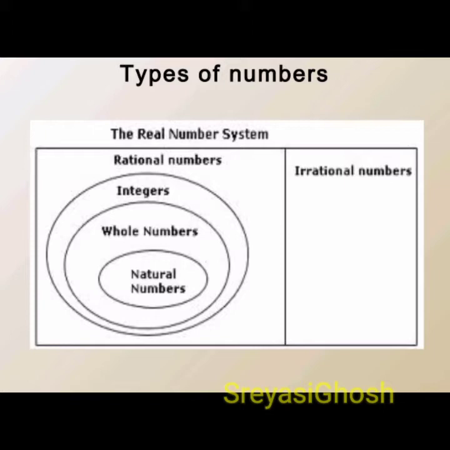Next, we come across the set of real numbers. As I already mentioned what are the different types of numbers, real number set is the superset of whole numbers, natural numbers, integers, rational and irrational numbers. So here please look to the PPT. Here you will find that the real number set is consisting of rational as well as irrational number. Irrational has been separated completely. Rational number has few other subsets.